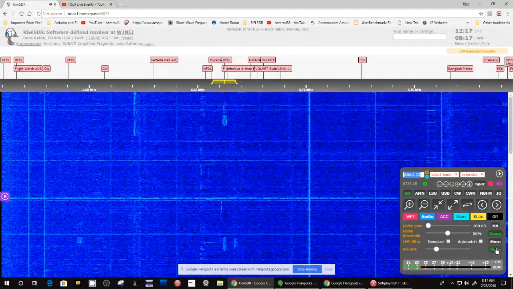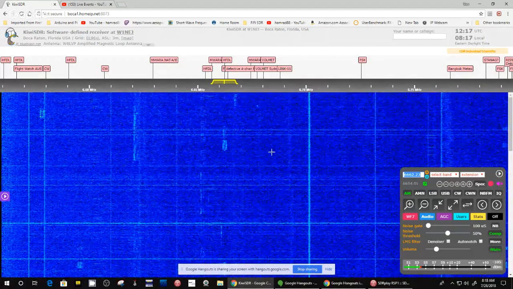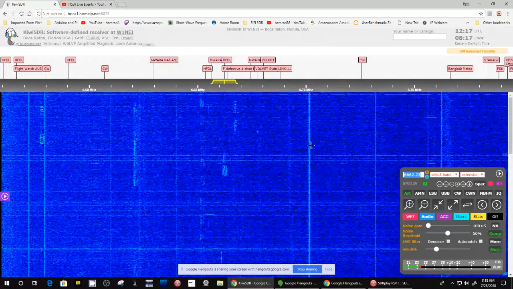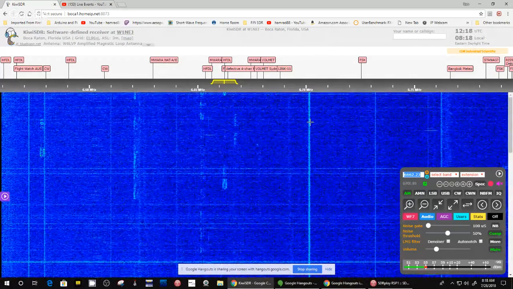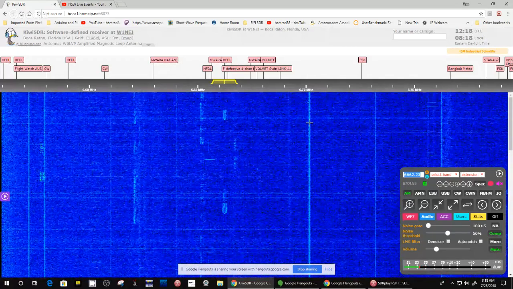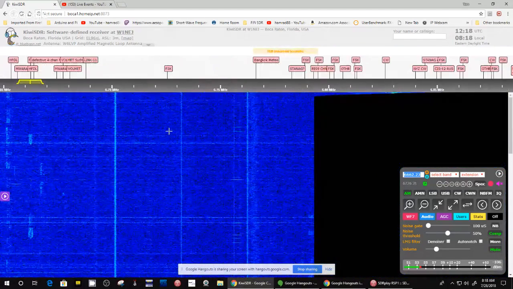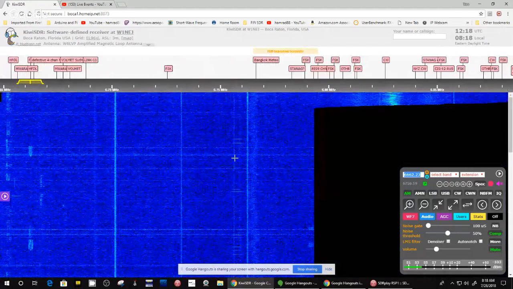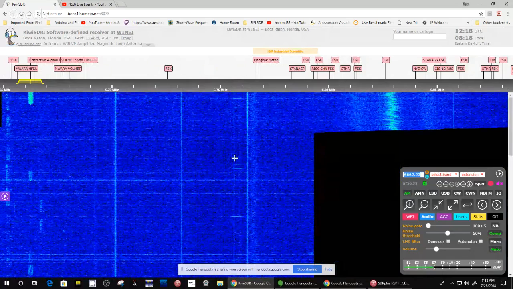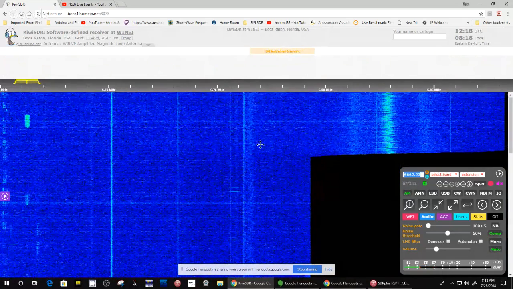Usually when you see a wide burst like that on your screen, it's usually data. And when you see something like this signal here, it could be either audio or continuous data. Okay, let's slide down here a little. I don't want to go up too high in frequency because I don't get much in the higher frequencies in the morning. Higher frequencies are best in my area to listen to in the afternoons or evening.